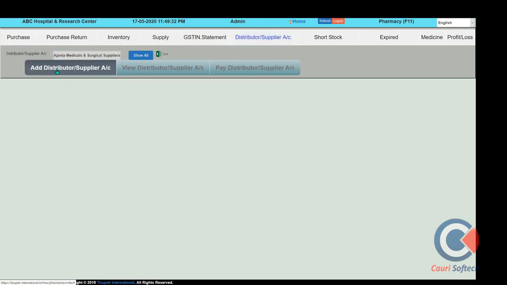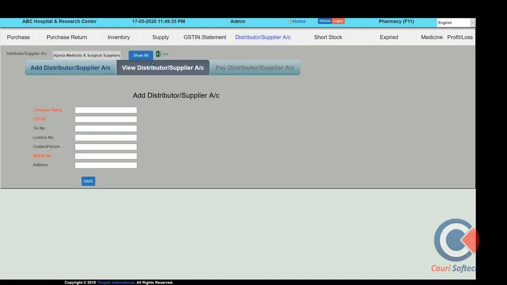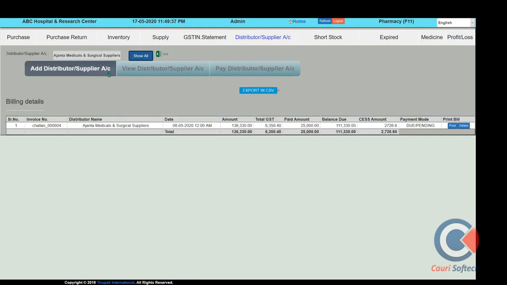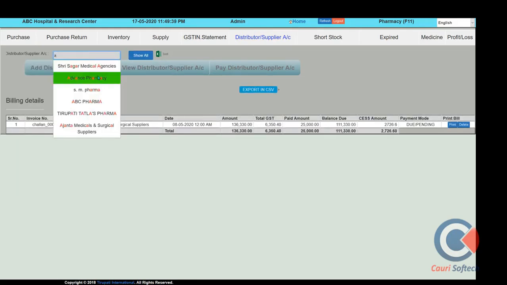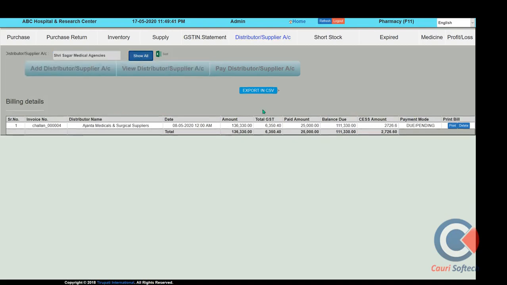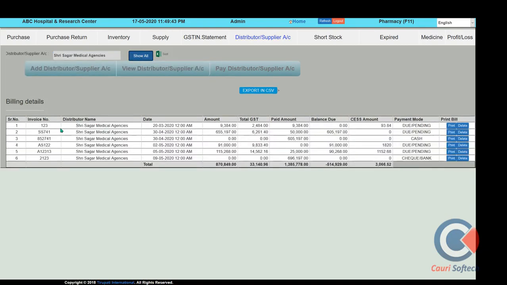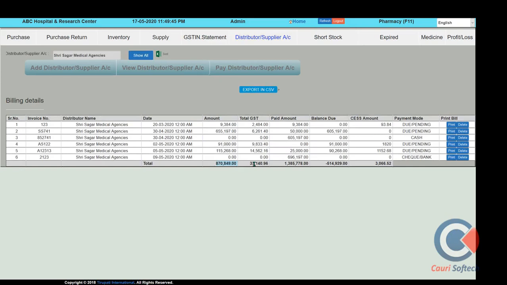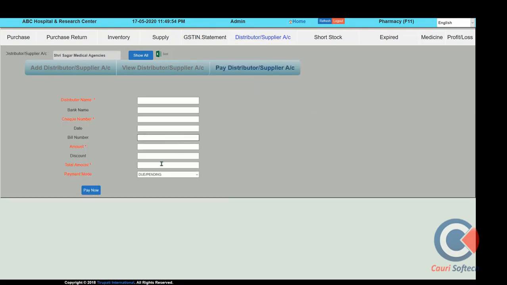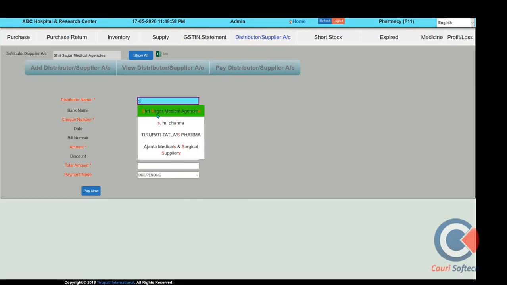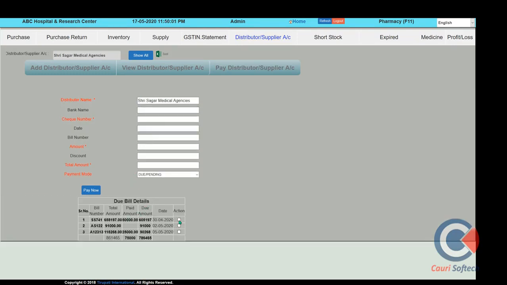If we go to the company-wise accounts information, we can show the company balance sheet, and any party payment records and reports we can access from here. This party balance sheet shows the total invoice information, total outstanding amount, total bill payment, and the payment status, such as pending or cash paid. If you want to make a payment to the respective party, we can do it from here. Enter the party's name, you will get further details of the party and the previous due amount, and you can make a payment directly from here.